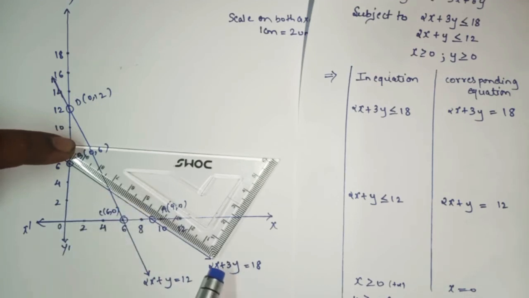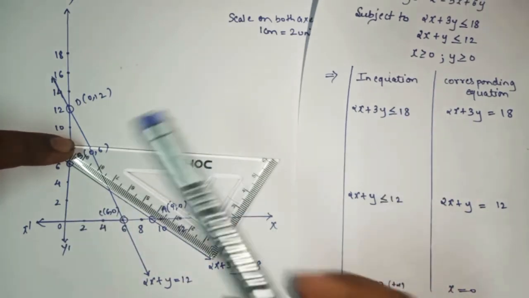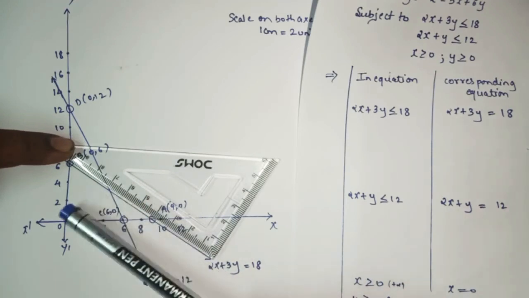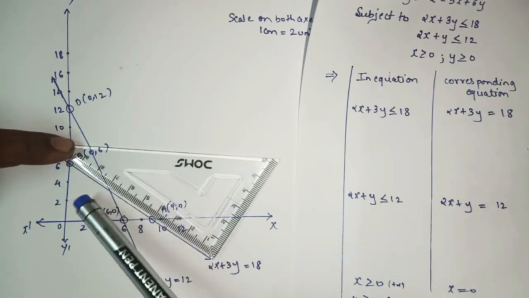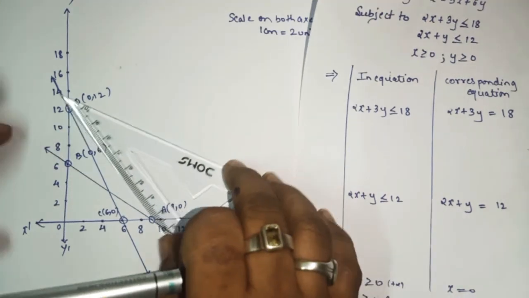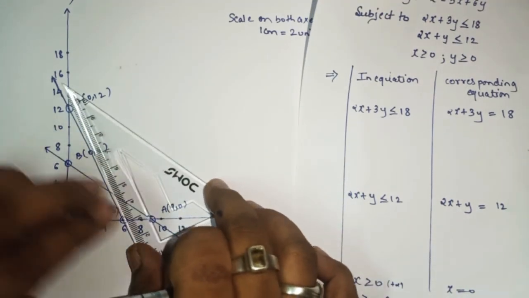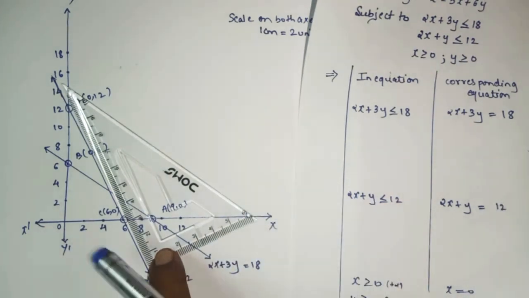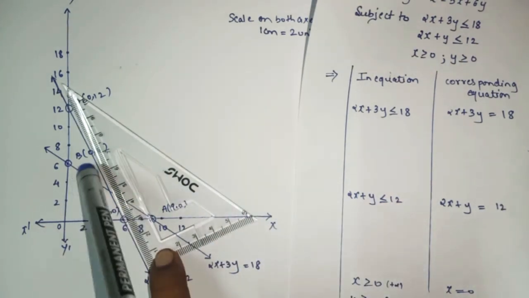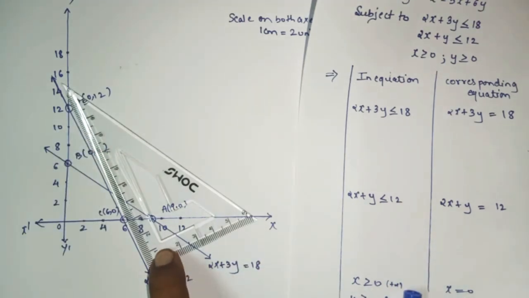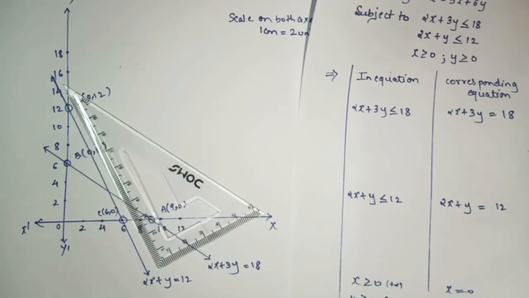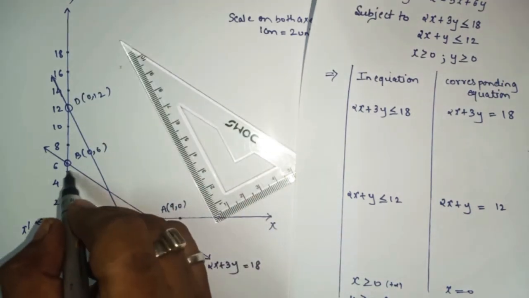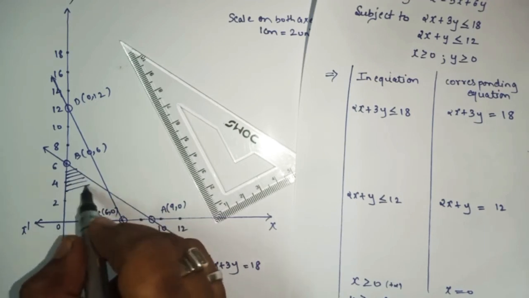Okay. For the first equation, the shaded region will be what? This two region, because it contains less than equal to. Less than equal to means what? The shaded part will be here. Okay. Remember this two region. And for this equation, again the symbol is what? Less than equal to. So the shaded part will be where? This side. So clearly we can see that the common portion, where does it lie? It lies here. Yes or no? This part.